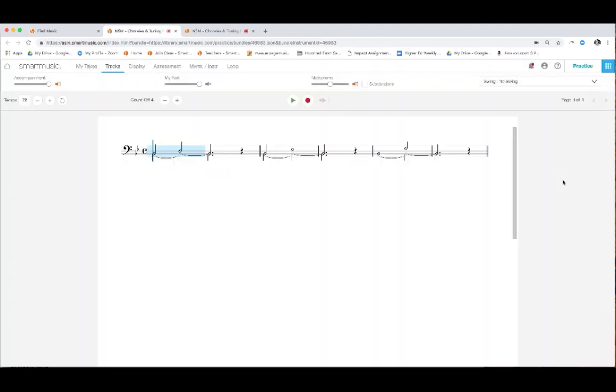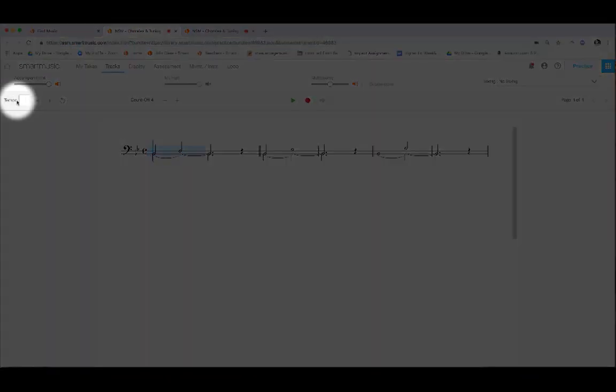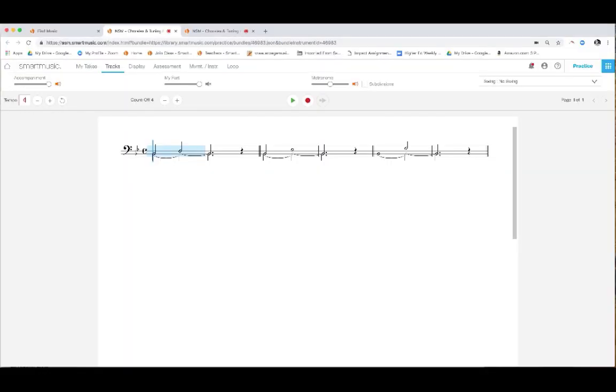So once the sound file opens, the first thing I always did with my students was slow it down. I found that a quarter note equals 40 was a really good tempo for digesting, learning, and having time to really hear your intonation.